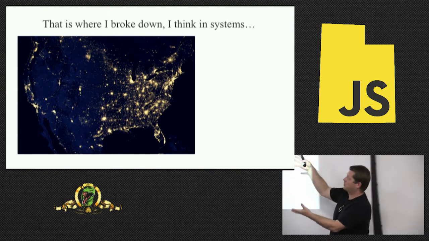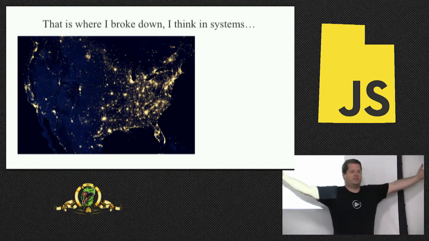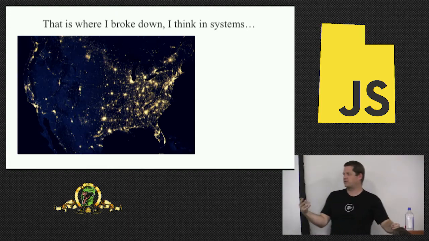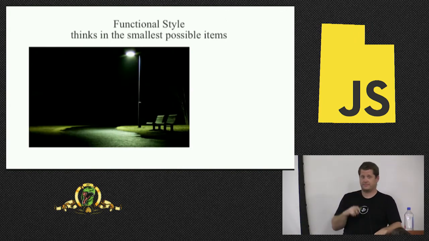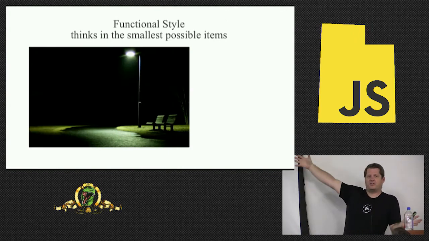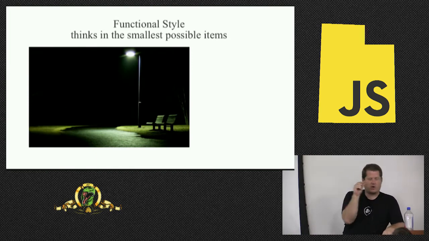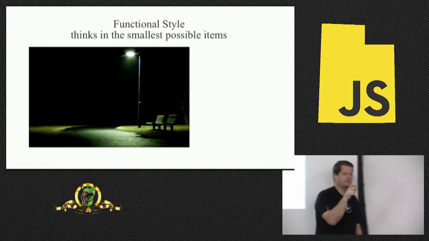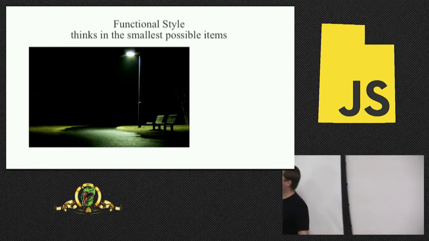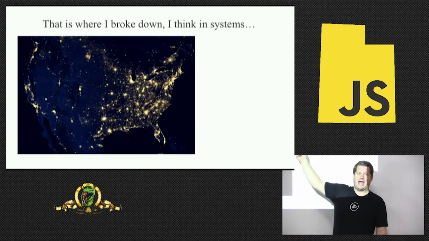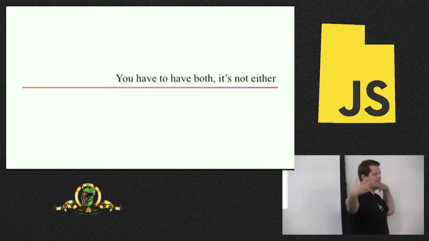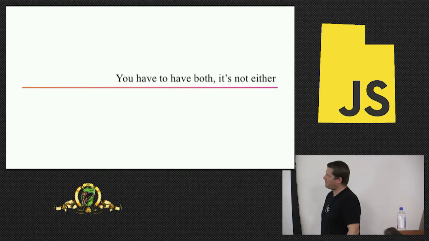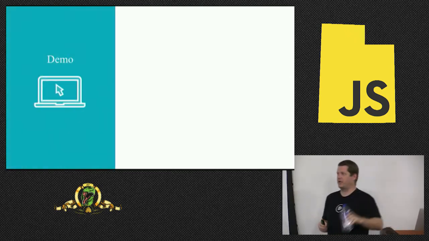But this is how I approach programming 9 times out of 10. I would think about the big picture. Where does everything go? How does everything lay out? When we start talking about functional style, we're talking about the streetlight. So instead of the big picture, I want to talk about the very small, minute thing and focus all my energy and attention on this until it's right. And then I can move on to the next thing. Because eventually, you get enough of this stuff, and you get that. You've got to have both sides of this conversation. You can't just have one or the other. All right, so that's enough talking. Let's look at some code.